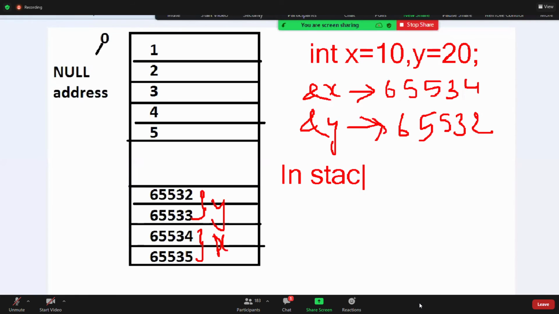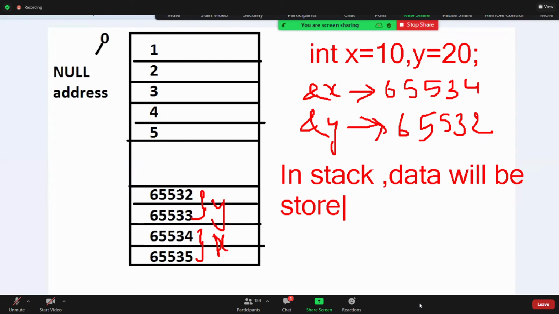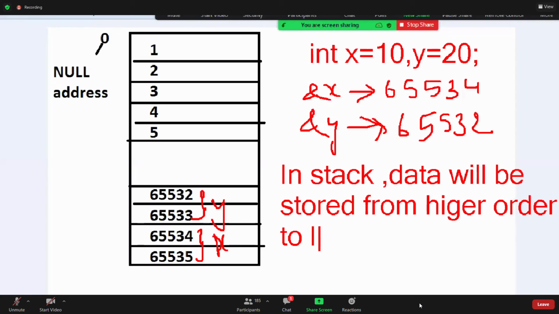Write this point also: in stack, data will be stored from higher order to lower order. Draw this diagram.